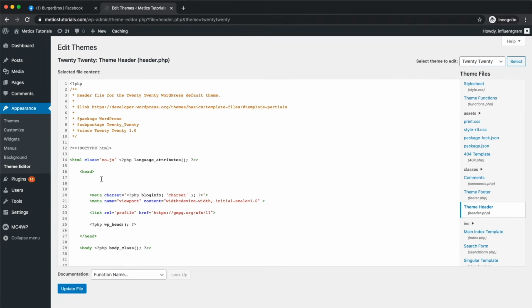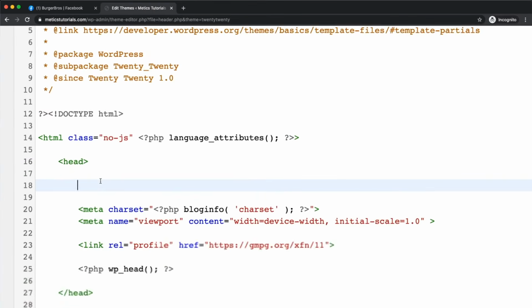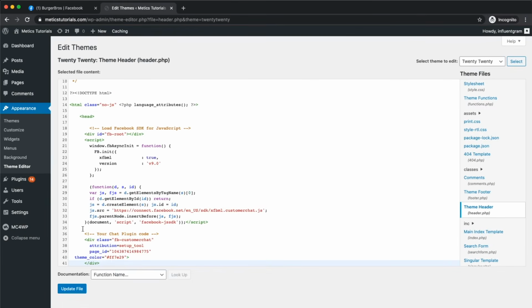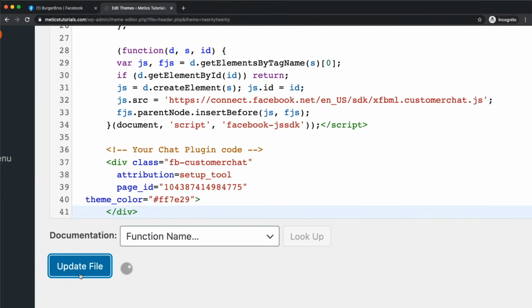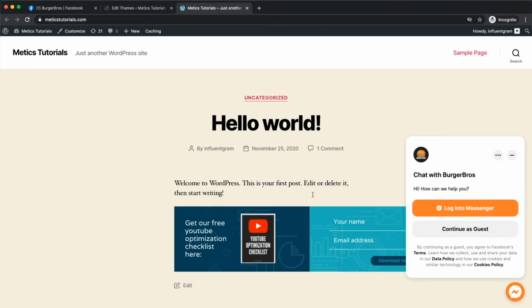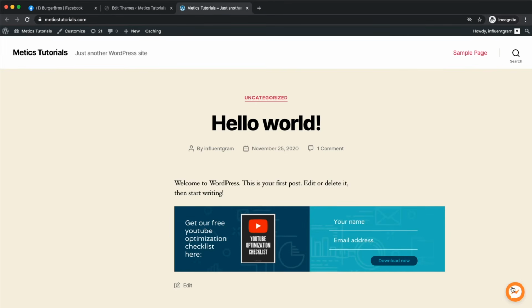This is the WordPress account. Right click, then paste, and then it's pasted in there. Then we're going to click on Update File. And once it's updated, we can go and visit our page and see if it actually worked. So as we can see now, this is like the example website, and we have this specific chat